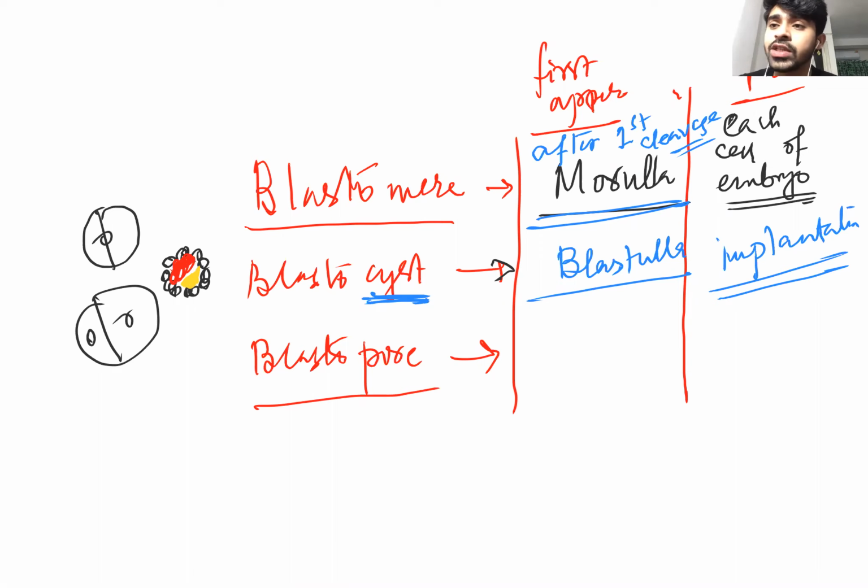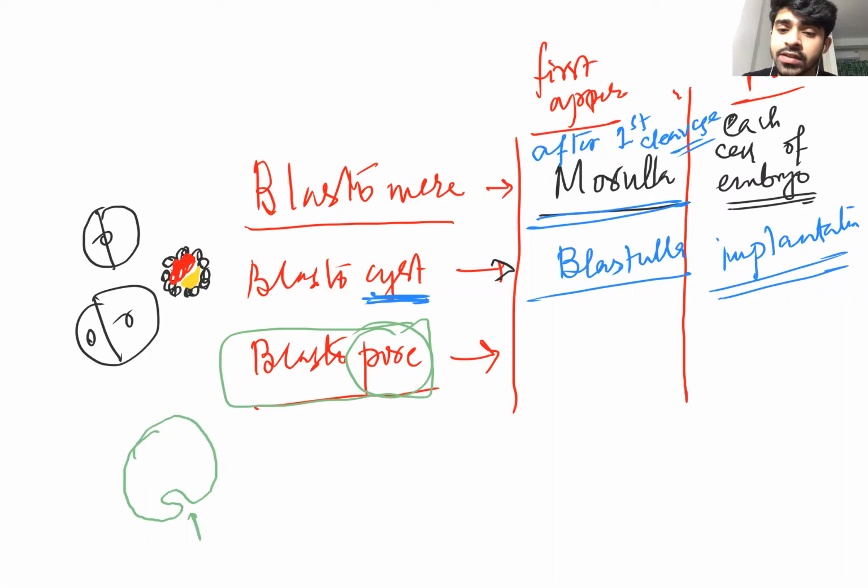Can you tell me the MCQs from the blastopore? This is a very, very important question. Pore means opening. So if you see the body of a fetus, you will find there is an opening like this. This opening is called blastopore. Actually, this opening can form either the mouth or the anus. For human beings, the anus is formed first, the mouth is formed later, and that's why we are known as deuterostomes. That I will teach again in the animal kingdom.